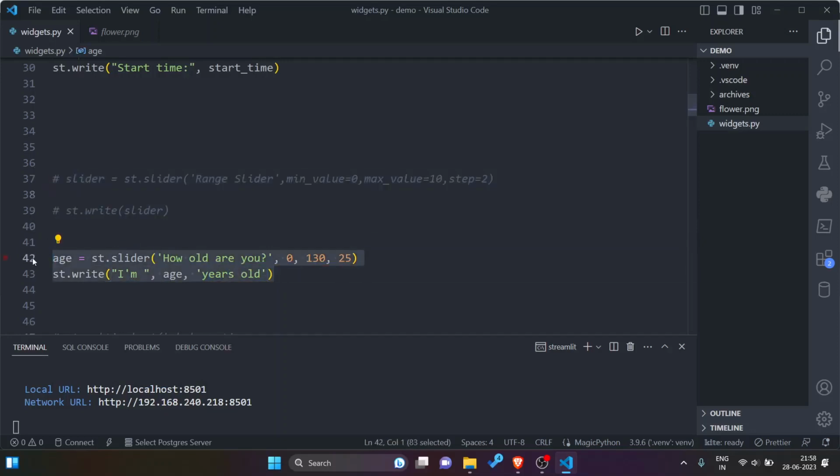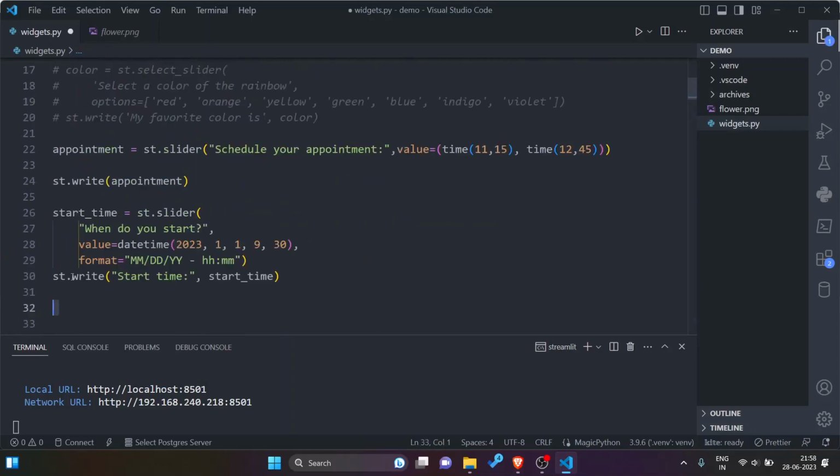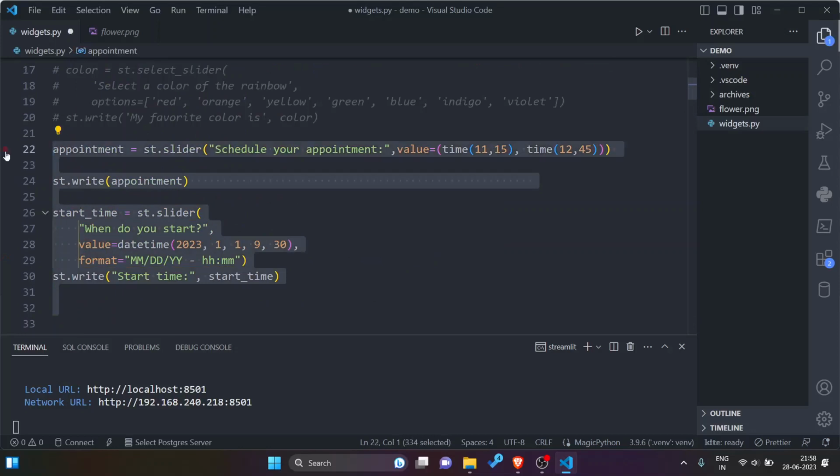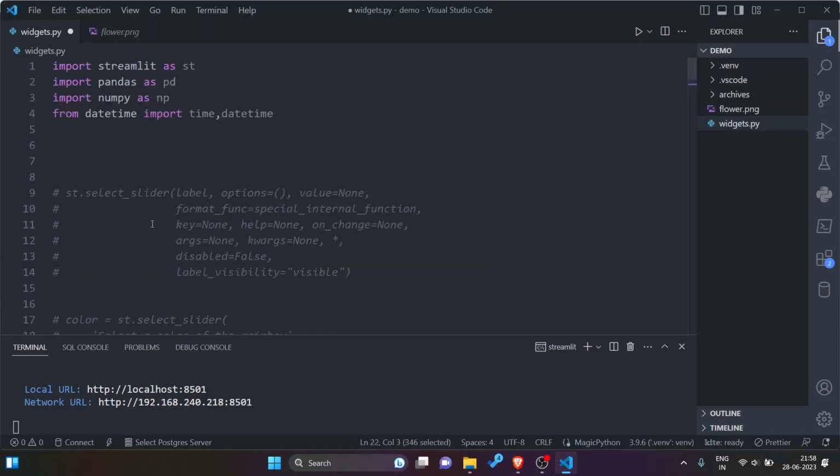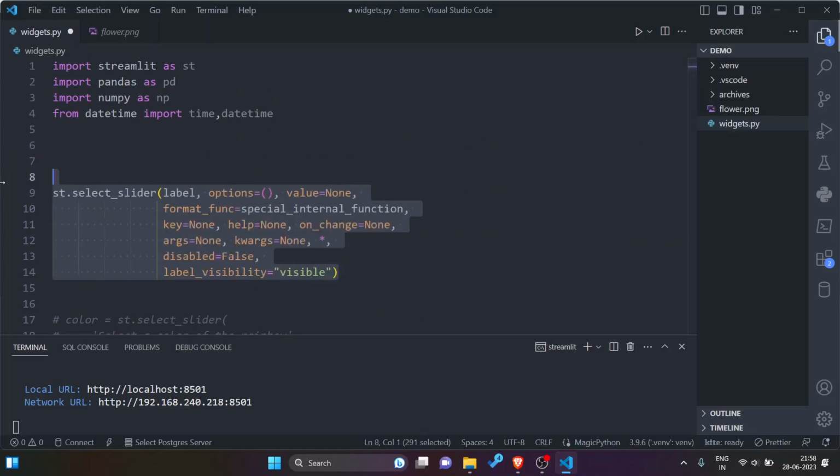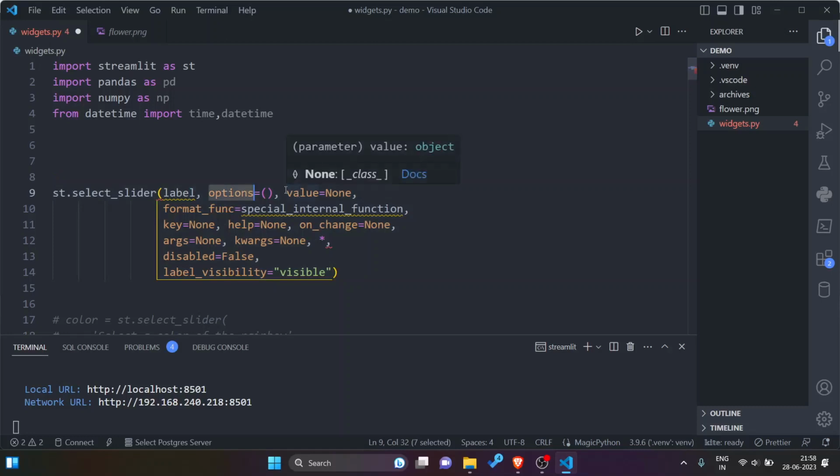So let me comment out the old code and create a select slider example. The select slider function has this signature: label is mandatory and options is mandatory, other values are just optional, as in other Streamlit widgets. Format function is the same, to format how the options are rendered.